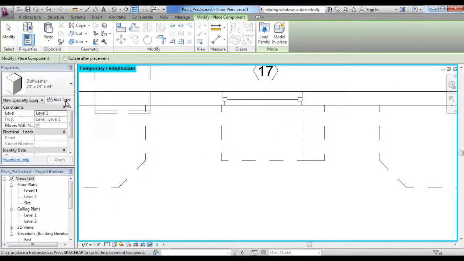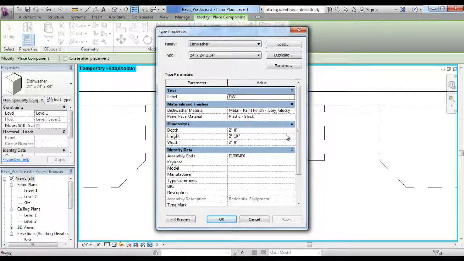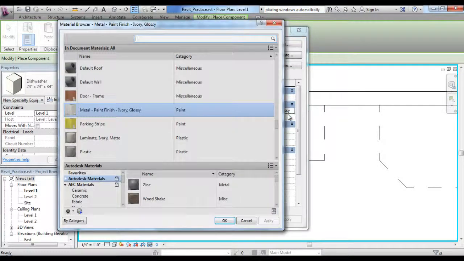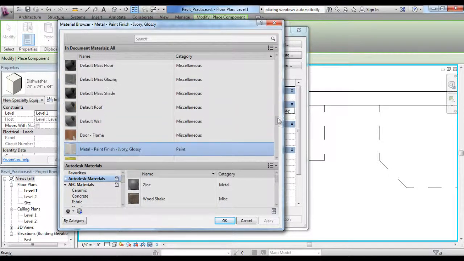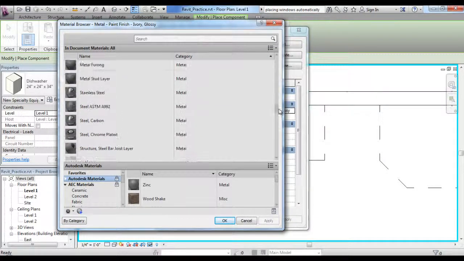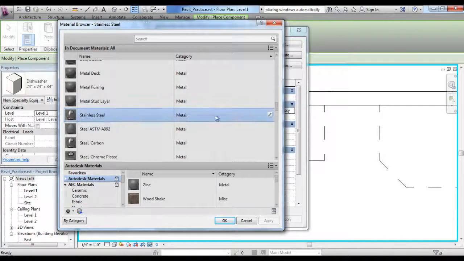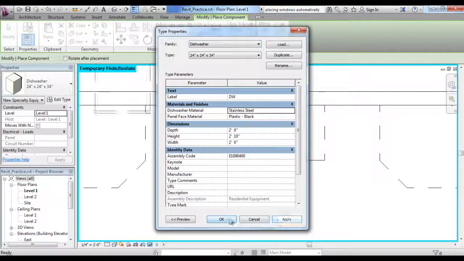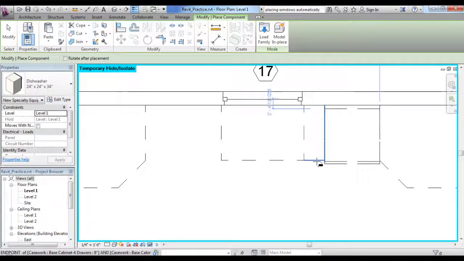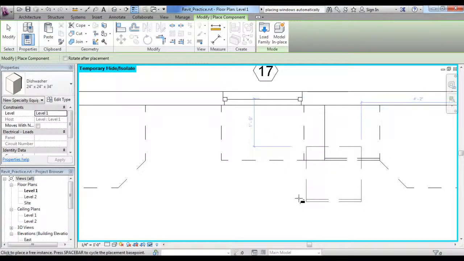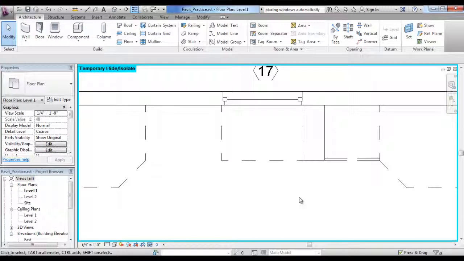Let's go ahead and edit the type. This has an ivory gloss finish. I'm not really digging that. Let's change that. We can go with stainless steel. Okay. Apply and okay. All right, so now we have a stainless steel dishwasher that we're going to pop in right here. Okay. All right, so no more cabinets between here and here,